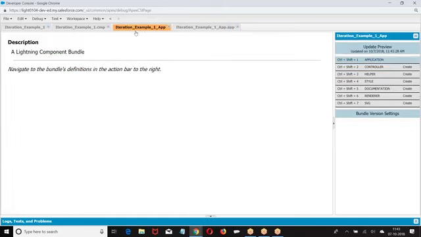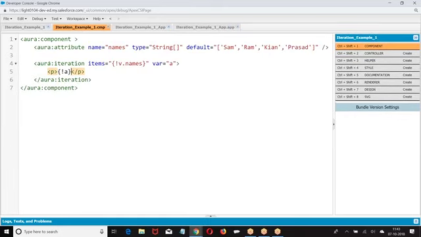Have a preview. You got Sham, Ram, Kiran, and Prasad. I hope you are good with this. I hope you are good, right? People are good with this.